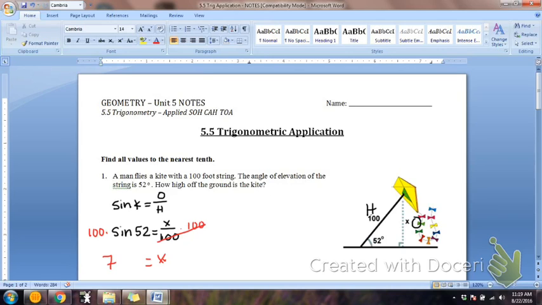Okay. 78.8. So let's talk about, because this is a story problem, what do we need to do with our final answer? Write it in what? In a sentence. Okay, now, how high off the ground is the kite? That's how we're going to start. The kite is... Now, did we round 78.8? Was that rounded? No. It's just 78.8. Well, 78.80. Okay. So we can say the kite